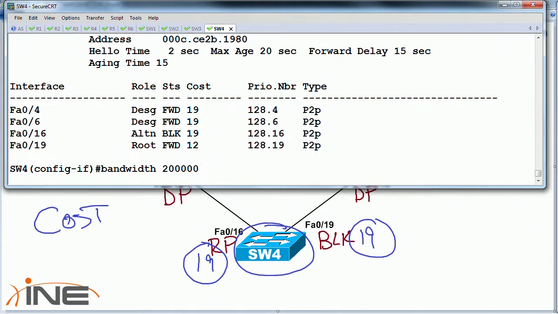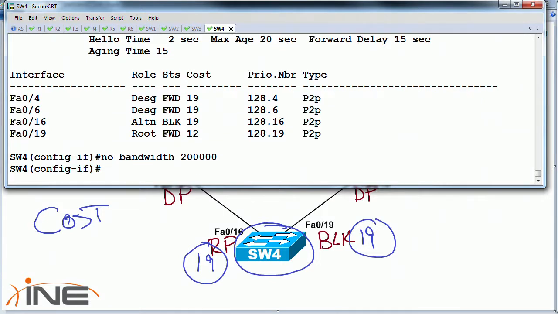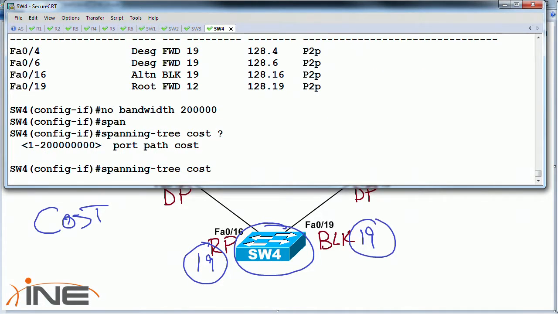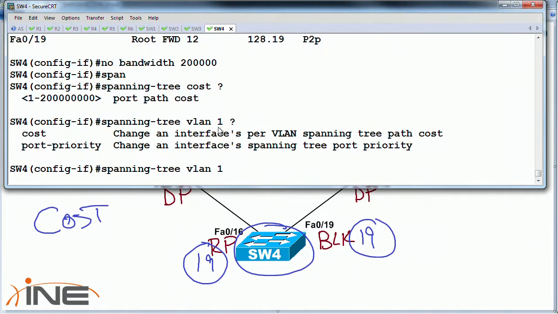So this is one way to change it. Since the cost comes from the bandwidth, if you change the bandwidth, it's then going to change the cost. The other way would be to change the cost directly, which is a little bit cleaner to do. You would simply say that the spanning tree cost value is whatever number you want to set, or you could change it on a per VLAN basis. This is the main advantage of Cisco's default implementation, that since you have different instances of spanning tree on a per VLAN basis,